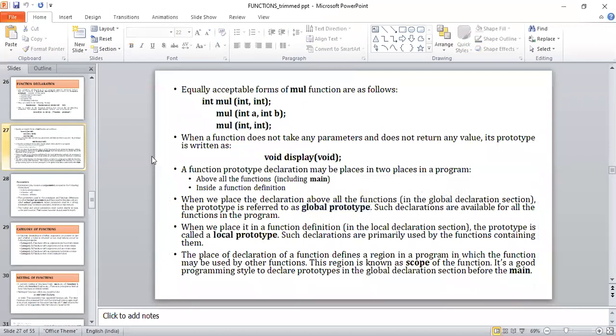So function declaration, once it has been done like an ordinary variable, call the function. Once the function has been called, do the function execution. Okay, that is how the flow of control will take place. In most of the cases, main will be your calling function. Okay, so this is regarding your major elements of the user defined function: function definition, function declaration, function call.